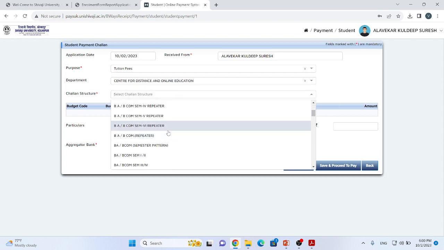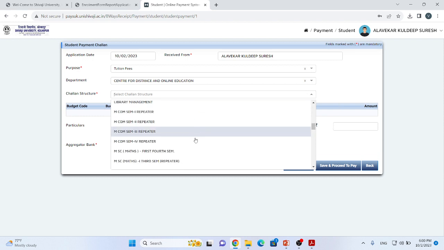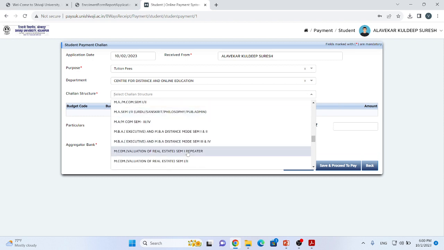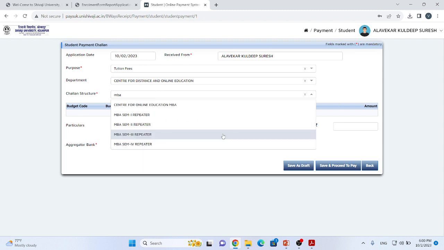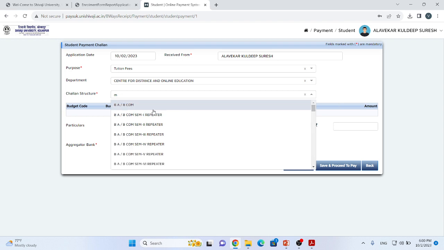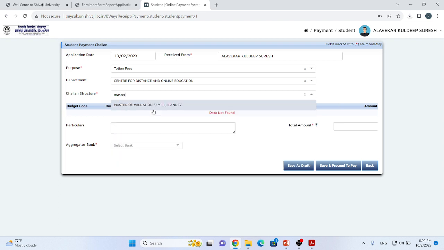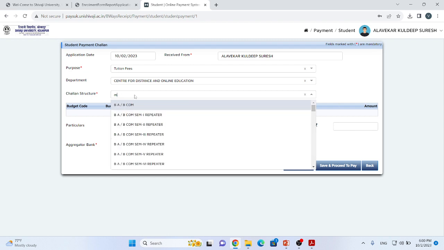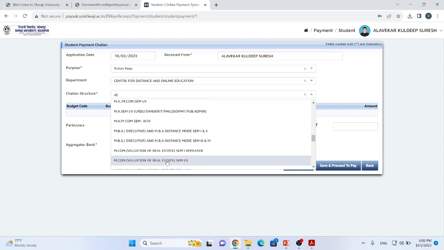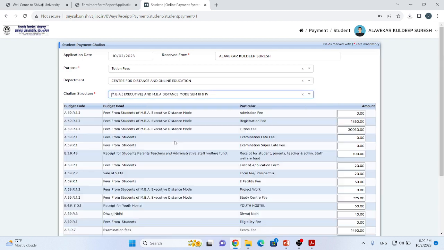In challan structure you have to select MBA. Options are MBA Executive and MBA Distance Mode, same for 3 and 4.